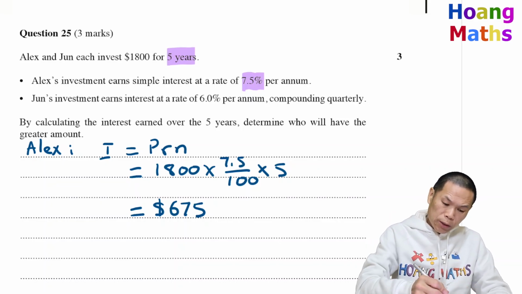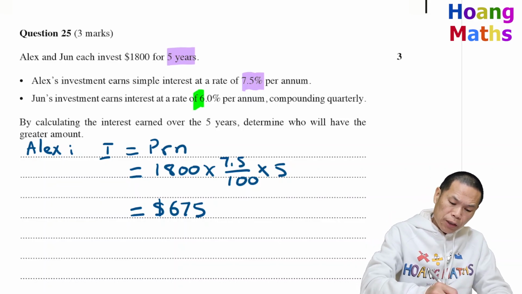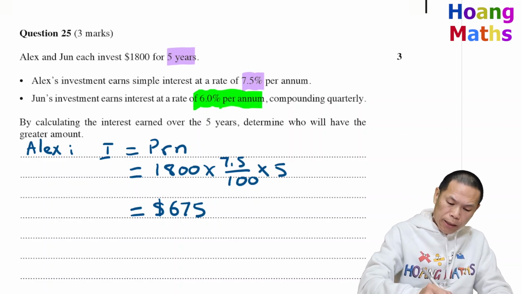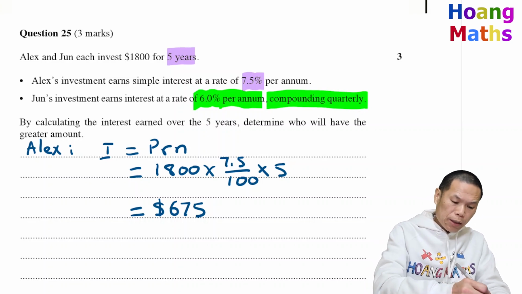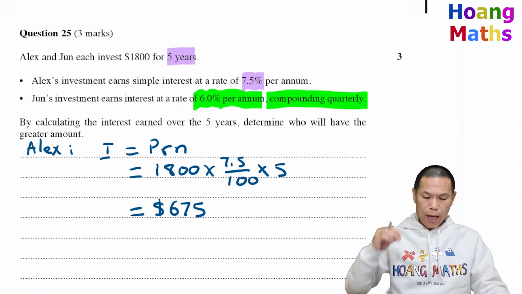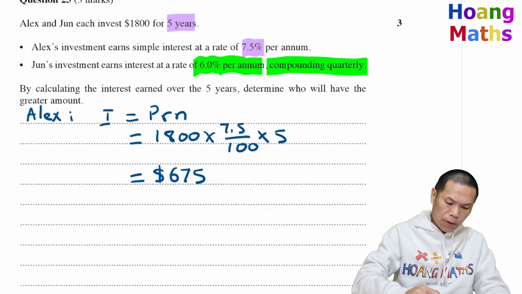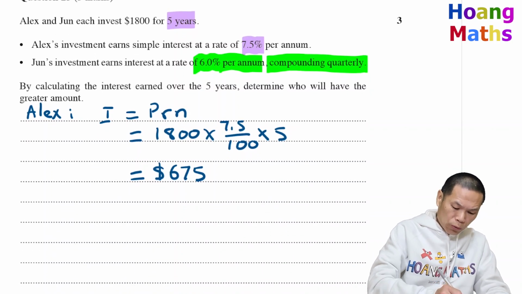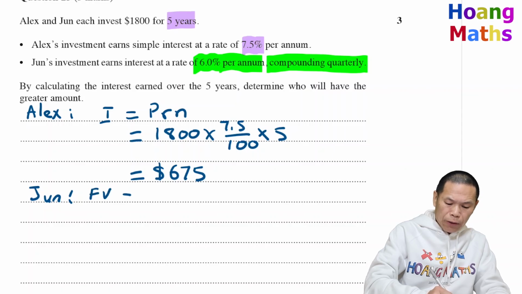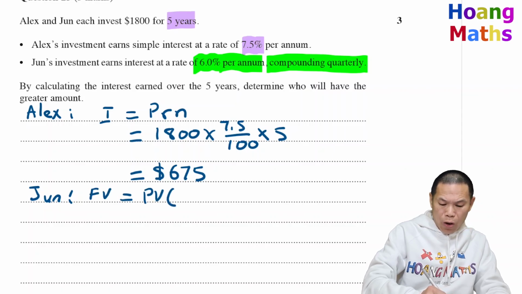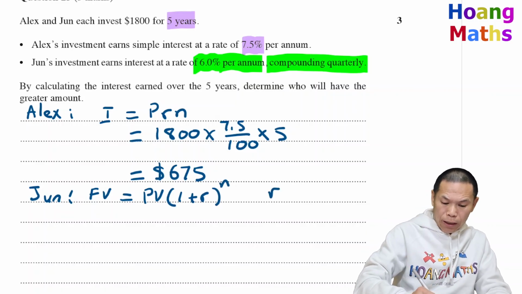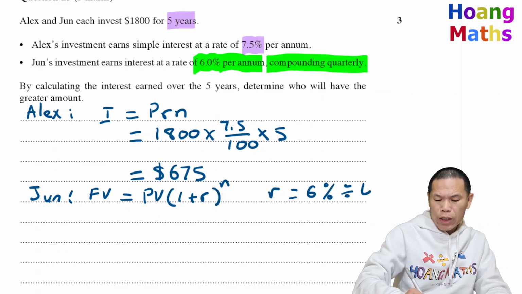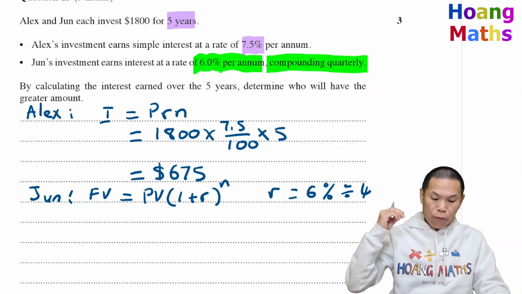Now interest for June. We know that June earns interest at a rate of 6% per annum and it's compounding quarterly. So that means compound interest, and for 5 years. So let me just sort out the interest rate and N first. Let me just move this up a bit. So this is for June. We know future value is present value times 1 plus R to the power of N. And R is compounded quarterly, 6% per year, and compounded quarterly we need to divide by 4